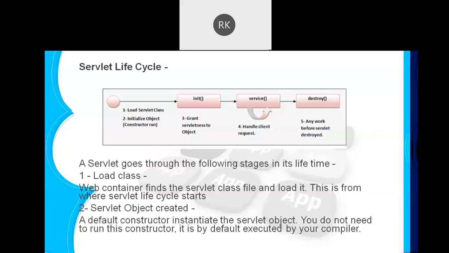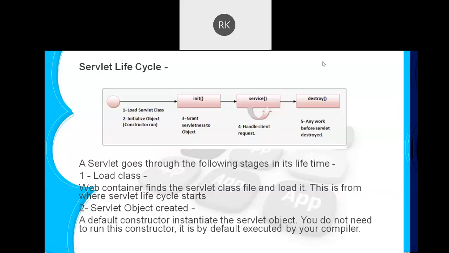So in the last class, we have seen the different methods to create the servlet. Today the first topic that we are going to start with is the servlet lifecycle. Actually, we have seen the five methods of the servlet, and from there we have the three methods like init, service, and destroy, and this is called the life cycle of your servlet.